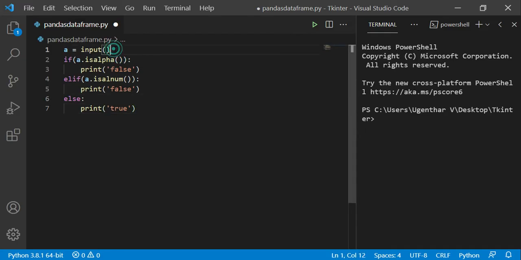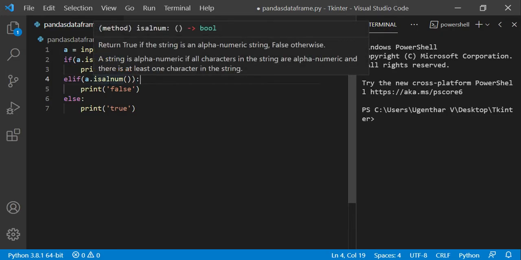First, input will be taken by A, and the isalpha method will be checking whether the input contains any alphabets. If it contains alphabets, then output will be false. If the first if condition fails, then it comes to the second elif condition, and it checks A dot isalnum. isalnum is a function which is used to check whether the input contains both numbers and alphabets.